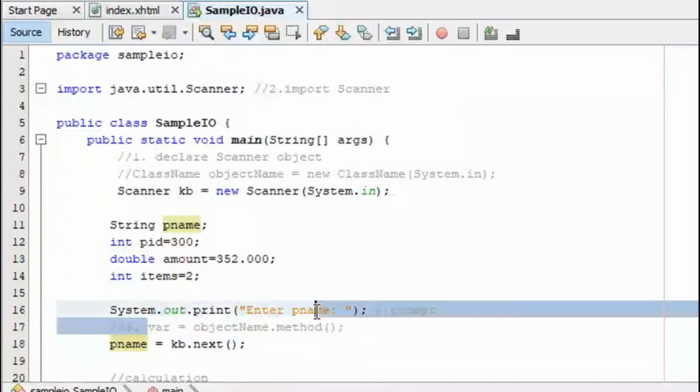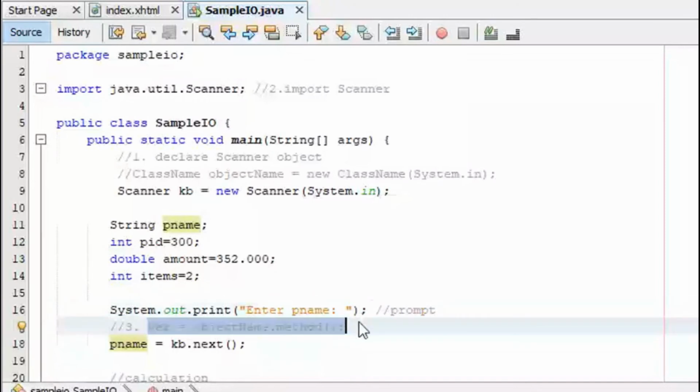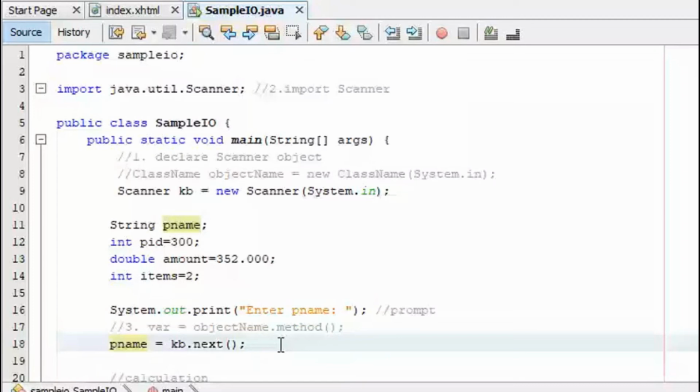We will be using now the input method. Which input method did we use here? Next. What's the name of the variable where we are saving it to? We will save it to variable pname. Okay, so that is the input method in Java.